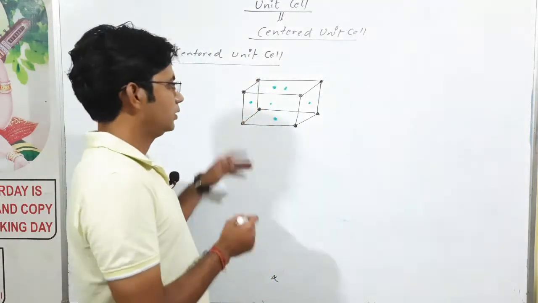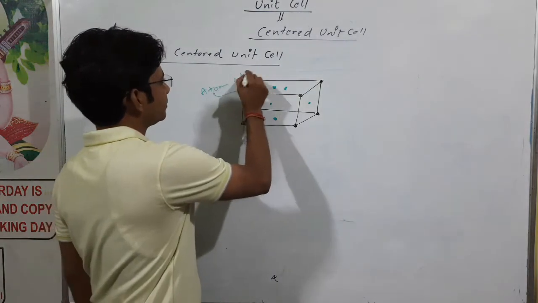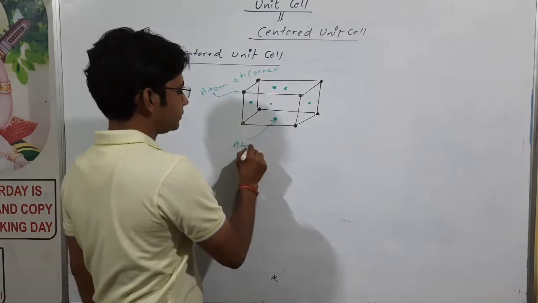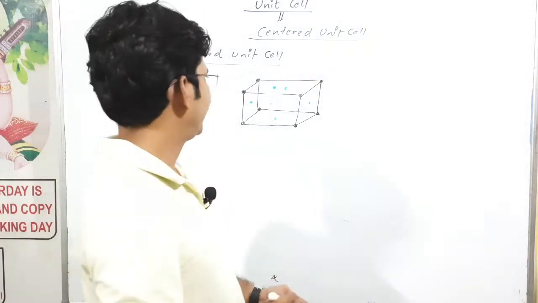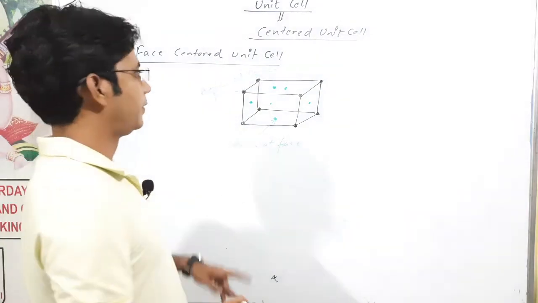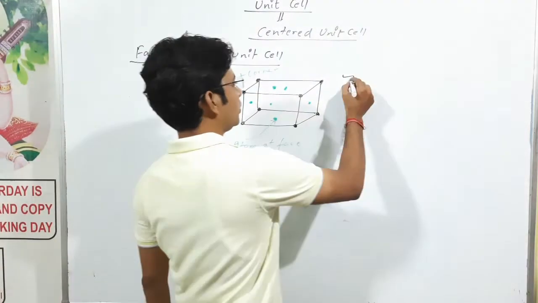So these are the atoms at the corner, and these are the atoms at the face. So in the case of the face centered unit cell, we have two positions of atoms: atoms at the corner as well as atoms at the face. So the total number of atoms,